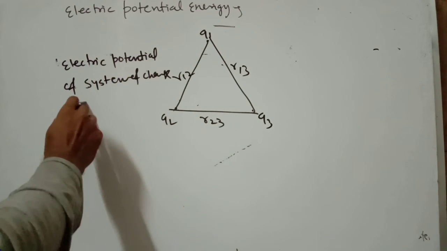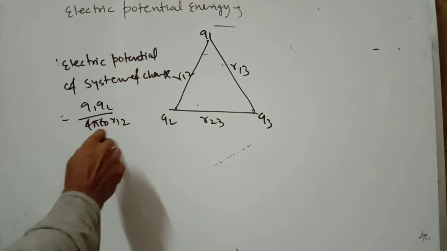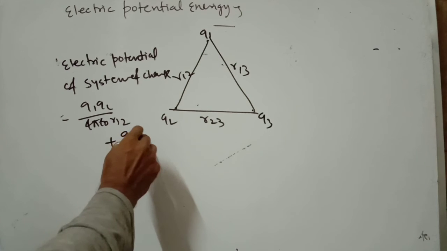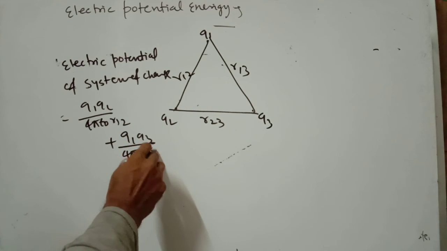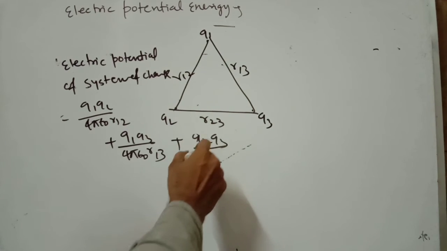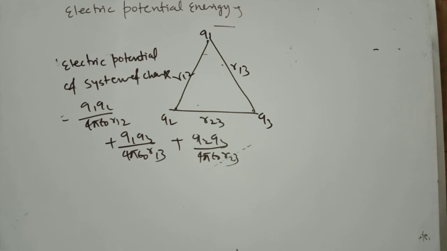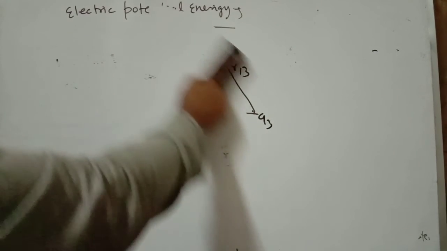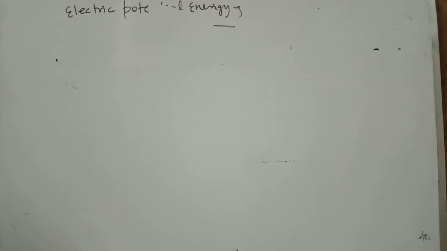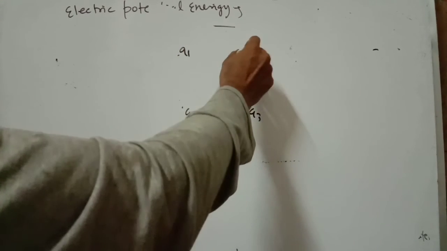You can write q1 q2 by 4 pi epsilon naught r12 plus, similarly, q1 q3 by 4 pi epsilon naught r13. Similarly, you can write q2 q3 by 4 pi epsilon naught r23. This is the electric potential of a system of charges. Similarly, if there are four charges in the system,